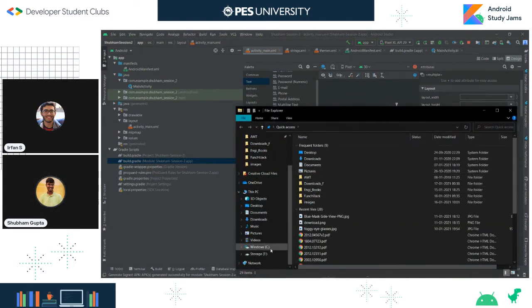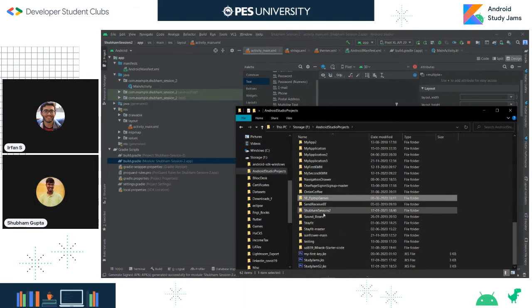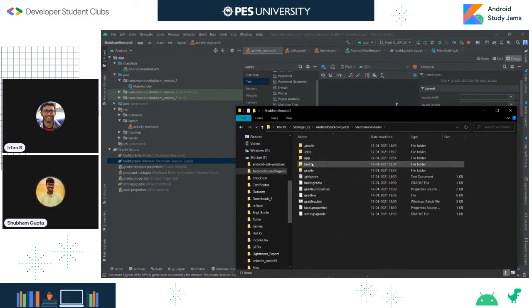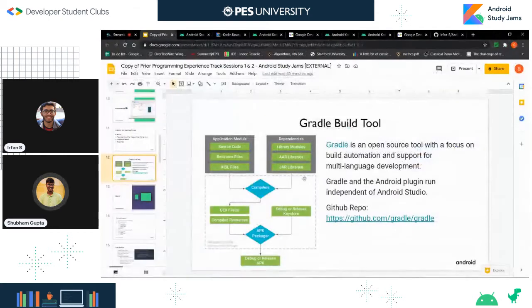Let me just go to the project folder. I'll go to build, and it should be app, release. So once the process finishes, you go to this location and you'll get a release APK. This is something you can publish to the Play Store. So yeah, coming back,